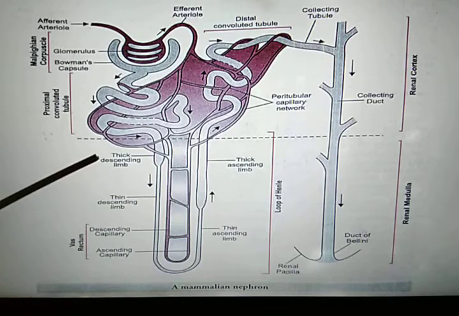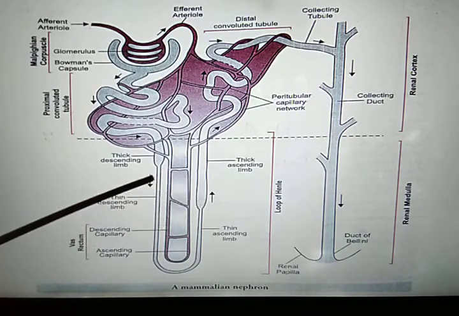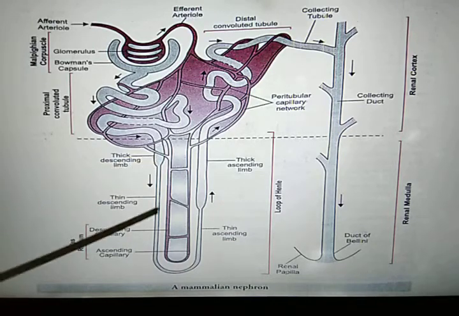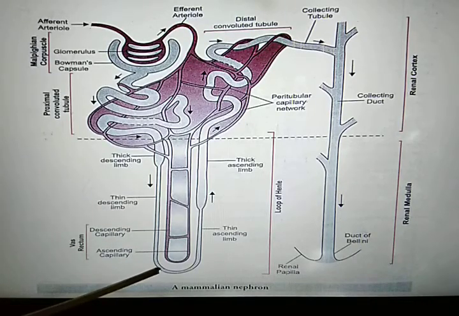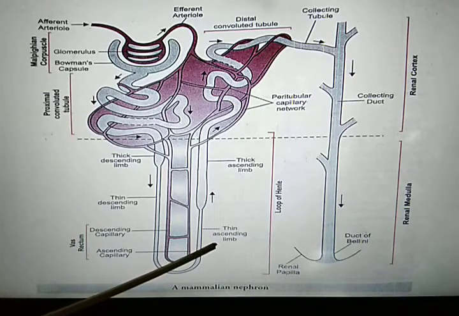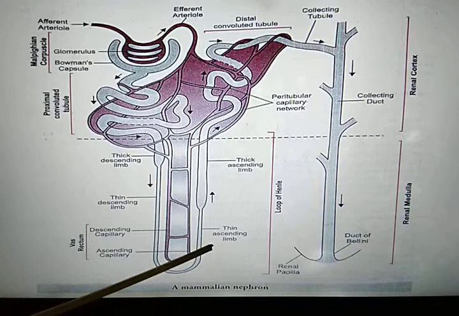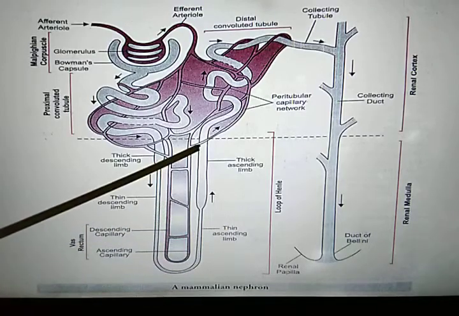Okay, one more thing to remember. How can you remember which one is the descending limb and which one is the ascending? What do you mean by descending? Descending means from high to low. So here you can notice the thickness decreases as the loop of Henle goes into the medullary region. So that's why it is known as descending limb. And the other, why is it known as ascending limb? Ascending means from lower to higher. We move from lower to higher. So here the diameter is less and here it is more. So that's why it is known as ascending limb.